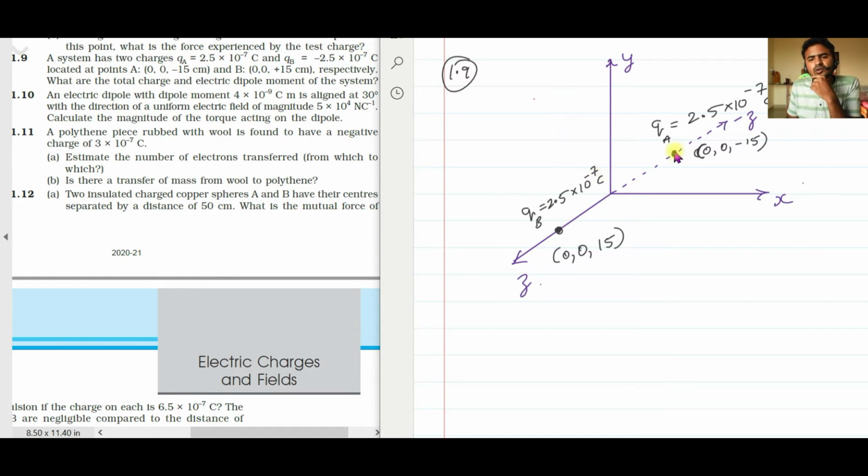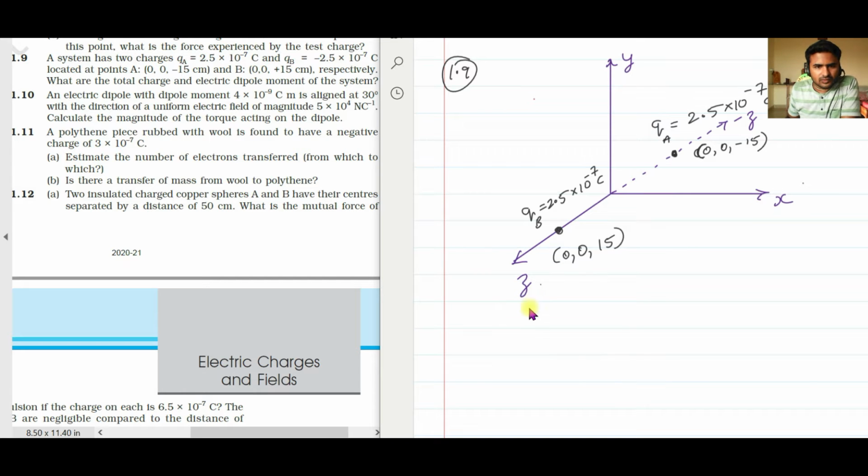All right, now they're asking what is the dipole moment. Generally, for an electric dipole to be defined, we don't take the distance between the two charges to be very high, but in the question they have given it as 15 centimeters from the center to the right, and to the left 15 centimeter. So the overall distance is 30 centimeter, which is very high, but still they're asking us to find the dipole moment. We will do it, but generally the distance will not be so high. That's what I'm trying to say.